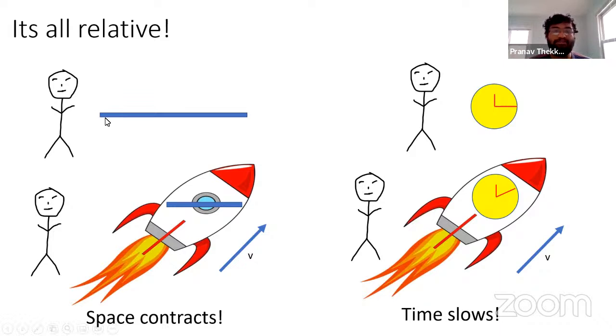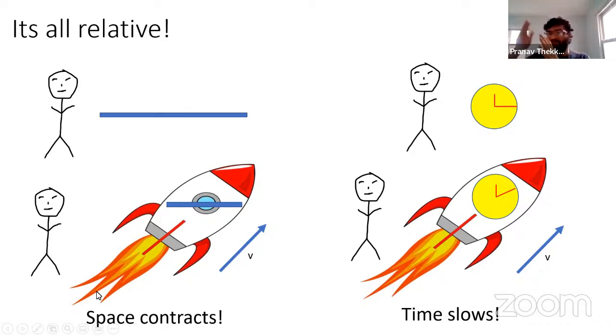So let's say there are two scenarios. One where there's a person, and the person is just sitting, and the person is observing, let's say, a rod, and the person is also keeping track of time. So let's say this is the hand, so he's keeping track of what the length of the hand is, and he's also keeping track of the time, how long he's observing, let's say. So now there is this rocket